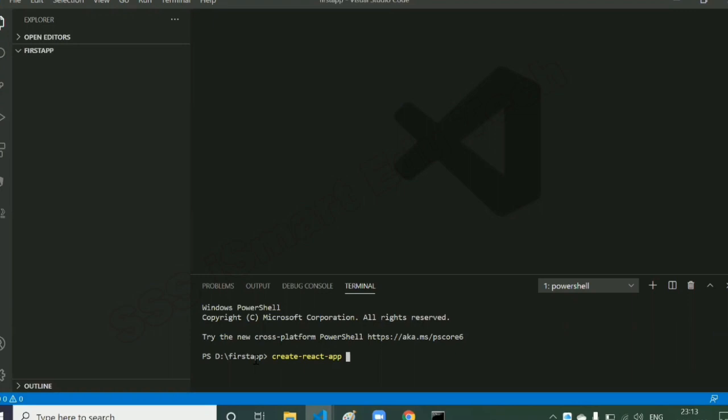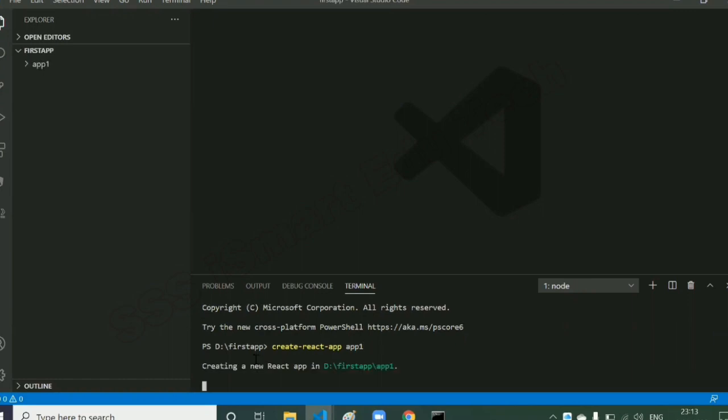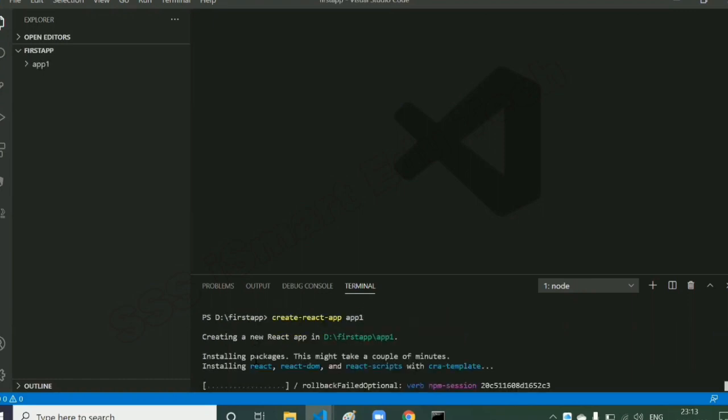It should contain only small letters, like app1. Just press enter. Once you have entered, it starts installing all the packages required for your React application, and it is going to create one React application. Depending upon your internet speed, it is going to take some time, so just bear with it for some time.